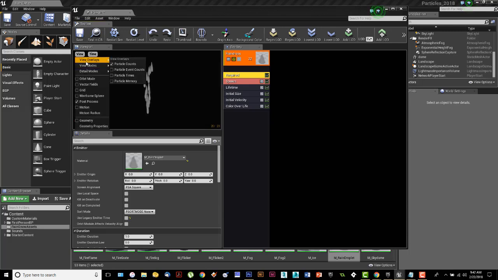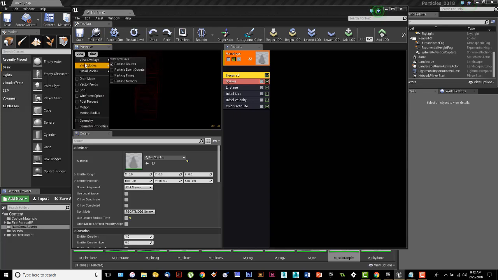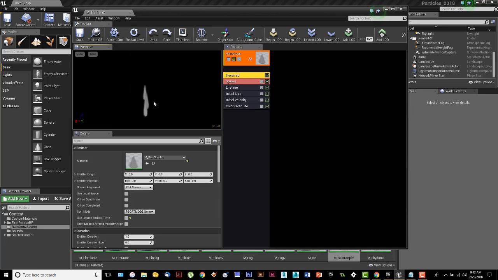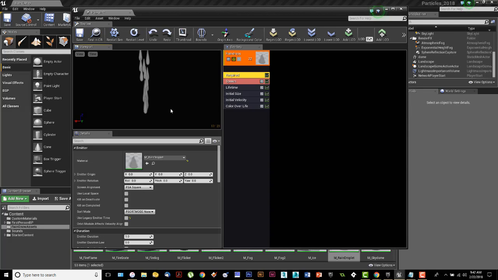Let's look at this as what do I want to look at? We'll go ahead and look at this thing in wireframe. It's hard to see because it's red. You might not be able to see it, but there is a series of little red cards. It's a little red square with a diagonal line cut through it. This is a two-dimensional particle system. Go back to red on this one. The two-dimensional particle system. So what it's doing is it's creating what we call a card with the texture on it,